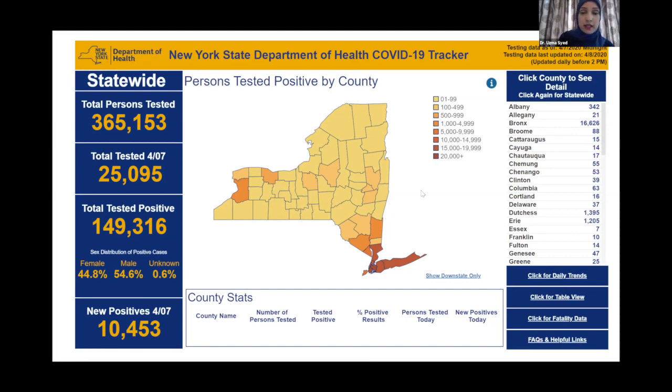But if you just look at the map over here, it shows you, obviously, New York City and the boroughs, there's very high volume and high percentage of cases, a lot of it having to do with population density. And, as we mentioned before, the more populated, the more urban areas are subject to higher burden of disease for various reasons. And Long Island, Nassau and Suffolk counties have had growing numbers of cases in the